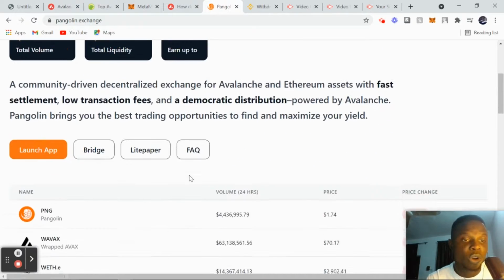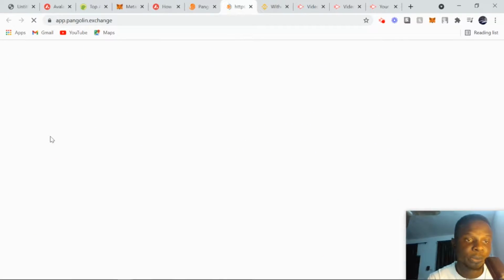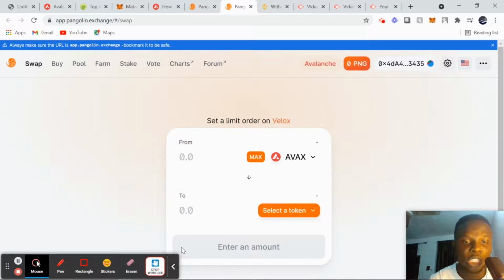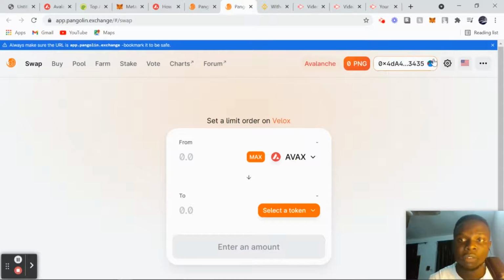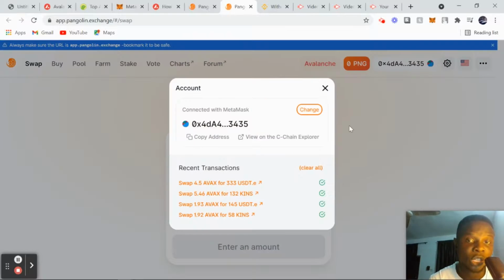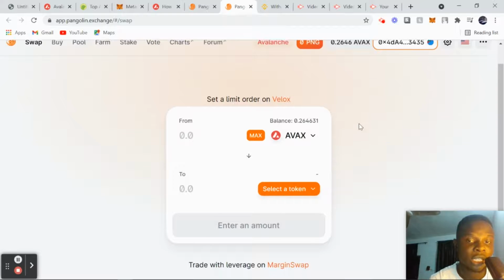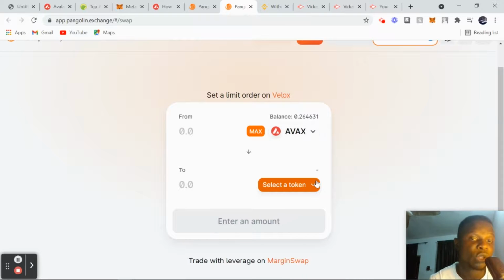When we come here, we'll click on launch app. The first thing we have to do is connect. In case you have not yet connected your Avalanche network to the Pangolin website, you can go ahead and connect it. After connecting it, you can now use Avax to swap any token you want to swap.